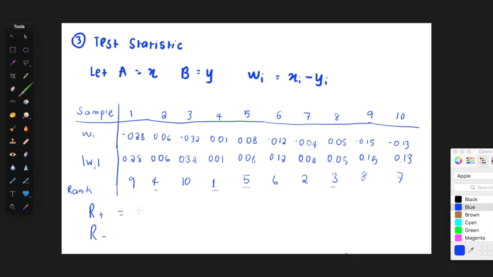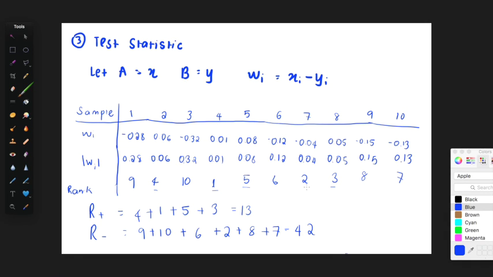So that's going to be 4 plus 1 plus 5 plus 3, and I'm going to get that as a total of 13. And R negative is then just the rest of them, so it's going to be that 9 plus 10 plus 6 plus 2 plus 8 and 7 is the last one, and that's going to give me a total sum of